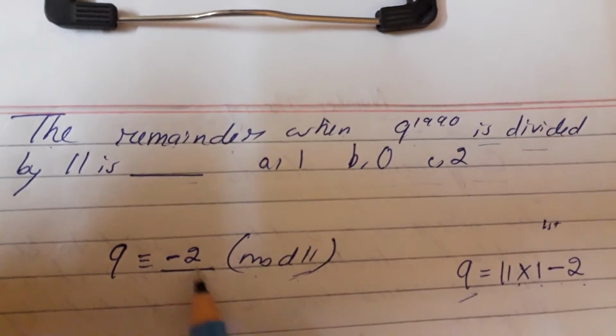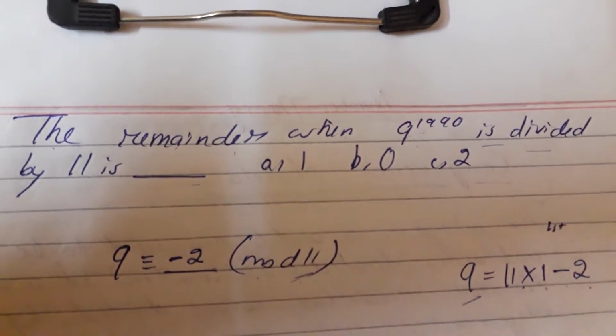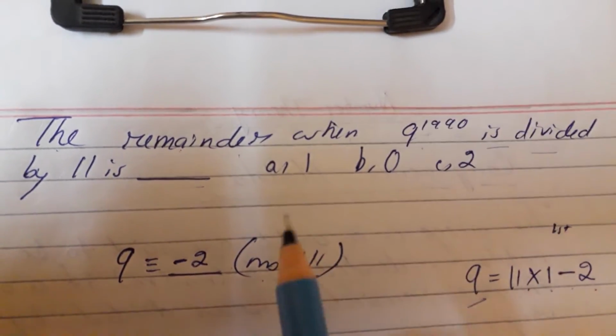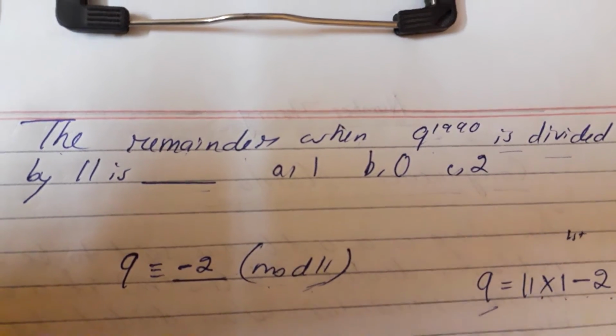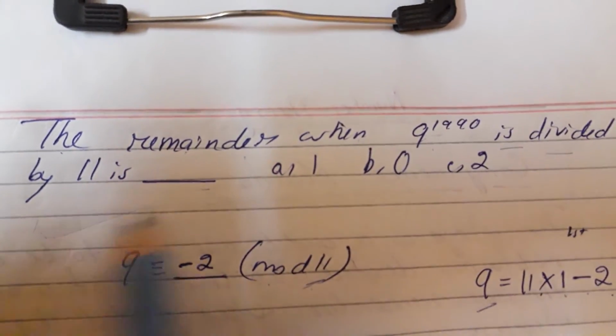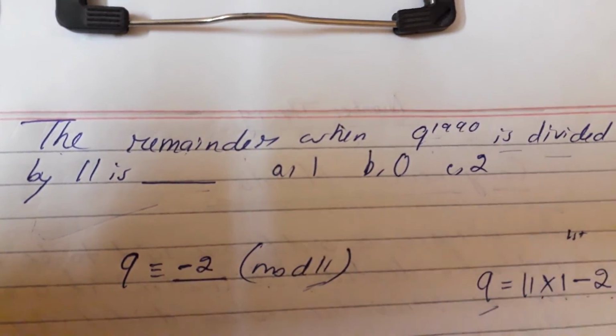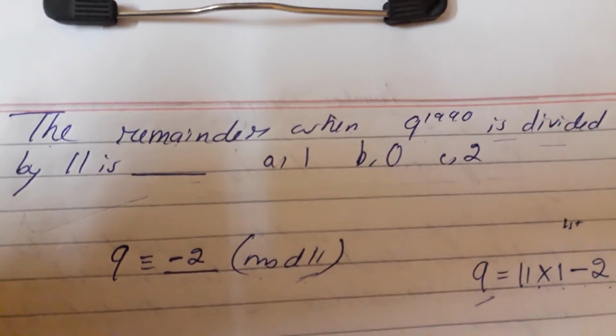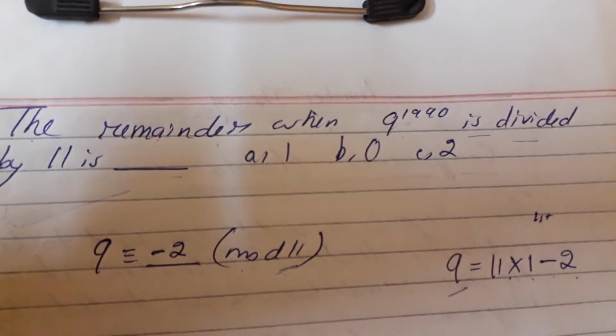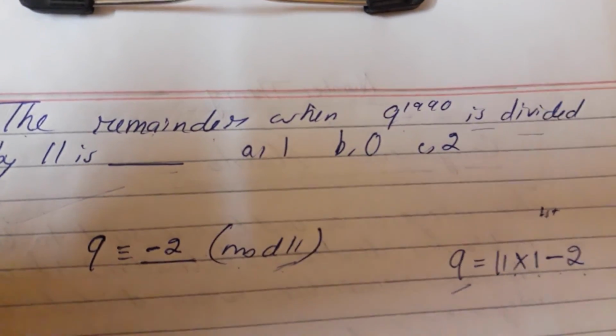So here minus 2 is coming. Now I have already told you that always try to bring 1 and minus 1 here. But in this case, this last sum is very important, because in this case you cannot bring 1 and minus 1. Whatever calculation you do, you cannot bring 1 and minus 1 here.